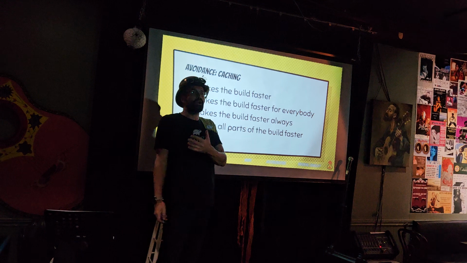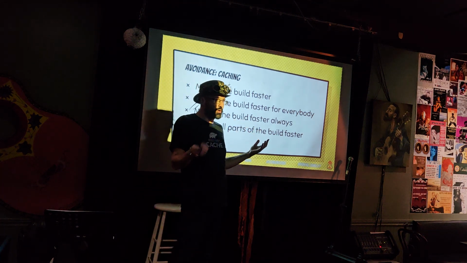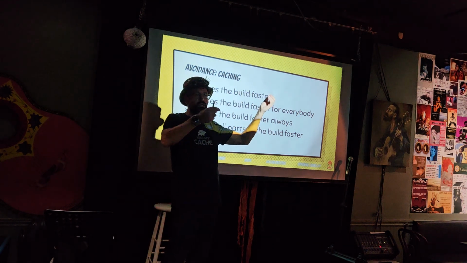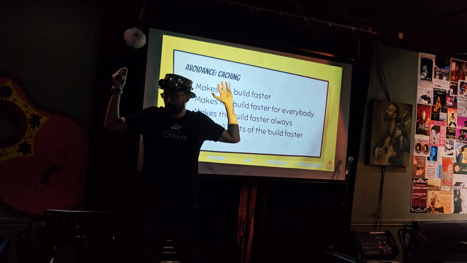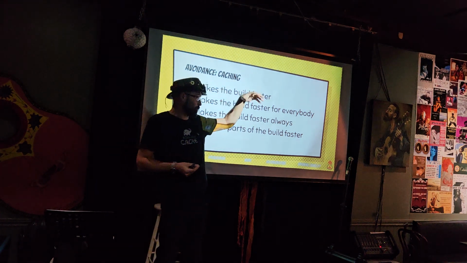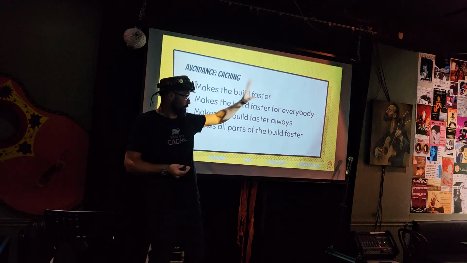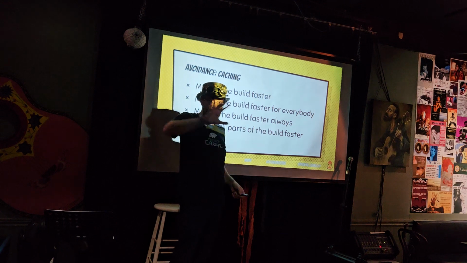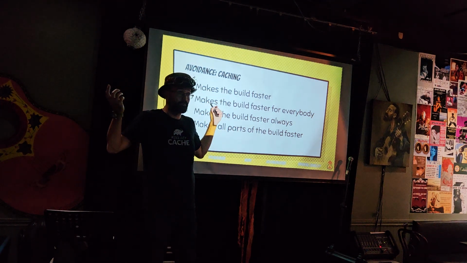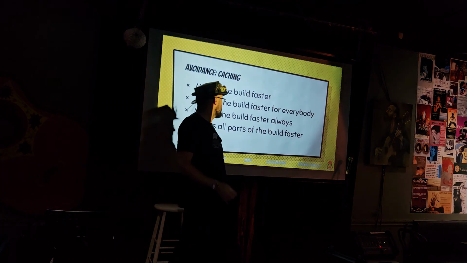Caching works for every task, every plugin, every goal in Maven or Gradle that you bothered to declare inputs and outputs. That's the only thing you know. That's the only thing you need. You throw a couple of annotations or a couple of lines of code or XML in your build declaration. Those are the inputs of this task. Those are the outputs of this task. Boom, next thing you know, it is cached. It is very, very easy to do, and it will work for everything.